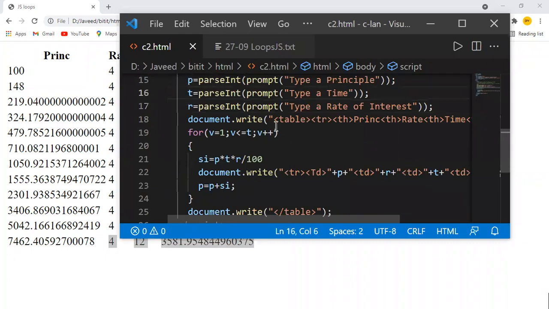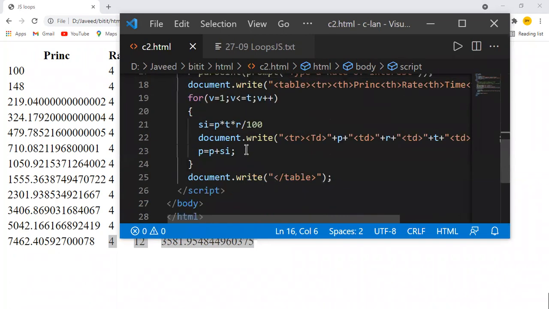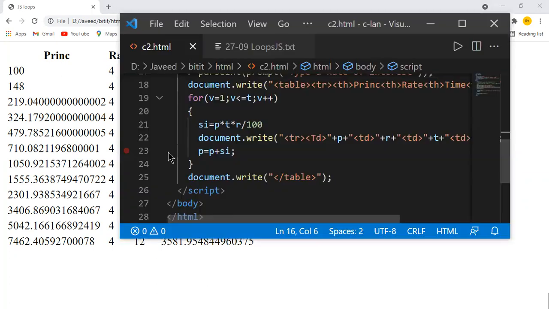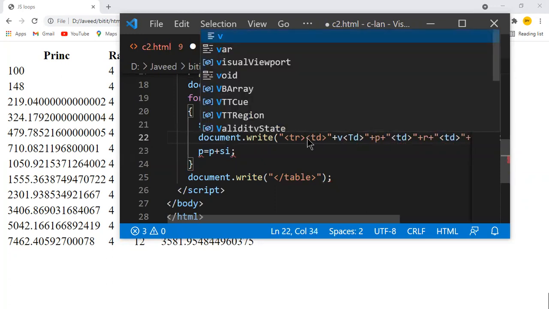So t is equal to time. So v is equal to 1, v less than or equal to 10. V is equal to p plus 10. Time is equal to, okay, 10 times it has repeated, 12 times it has repeated, no problem for me. If you want to know the iteration count, how many times it has iterated, you want to find that out also, we can print it here. So we can take the value t there.